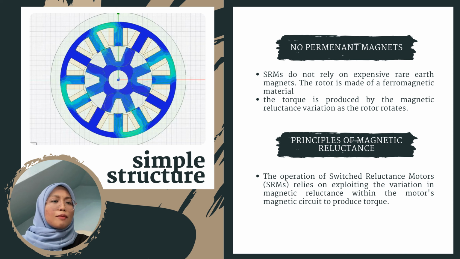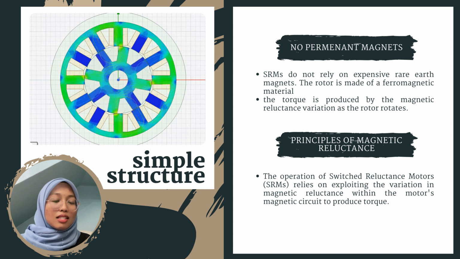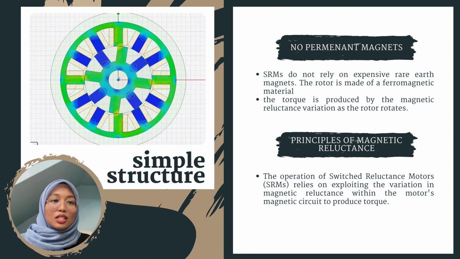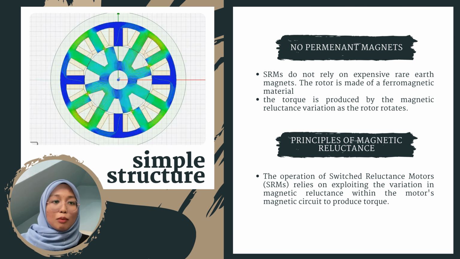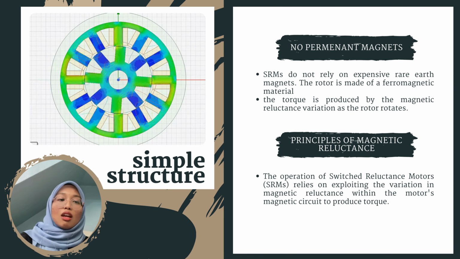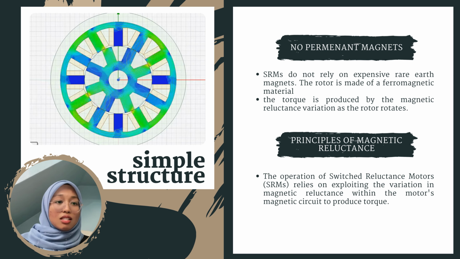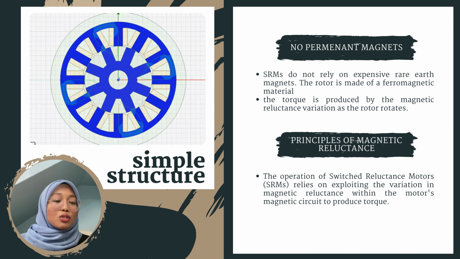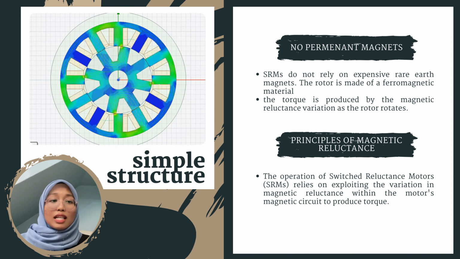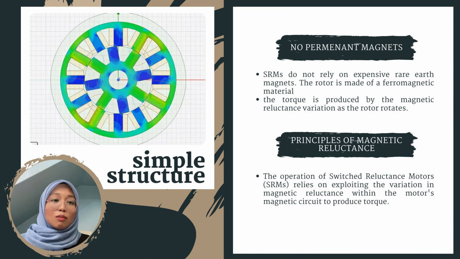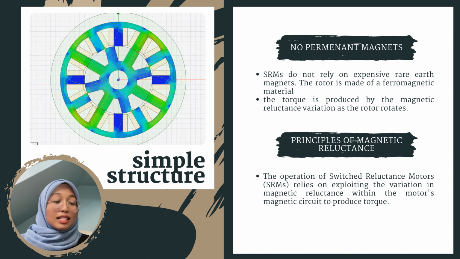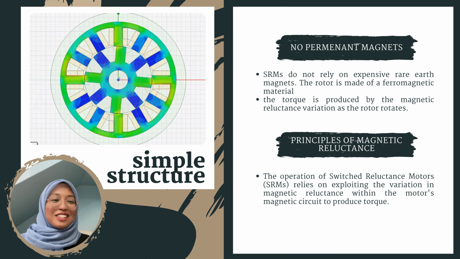And next we have the principle of magnetic reluctance. So what is it? Basically, the operation of the switched reluctance motor, SRM, relies on exploiting the variation in magnetic reluctance within the motor's magnetic circuit to produce torque. The rotor and stator design are pivotal in enabling the process, contributing to the cost effectiveness and